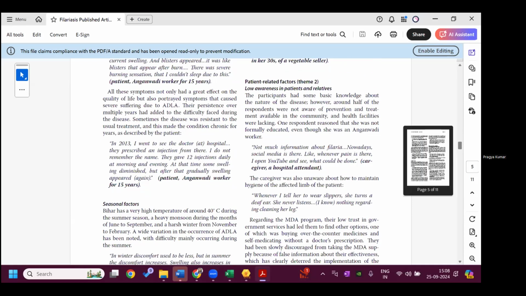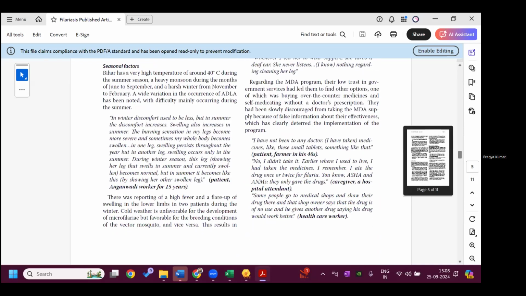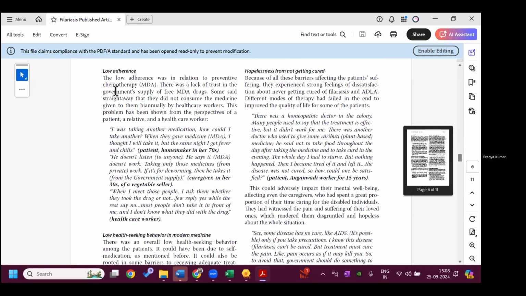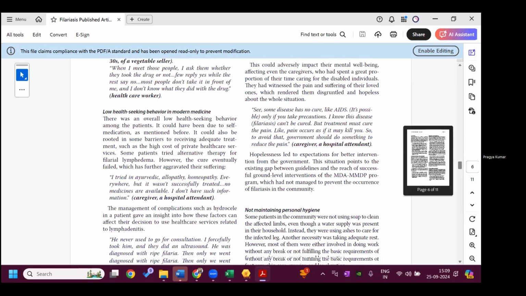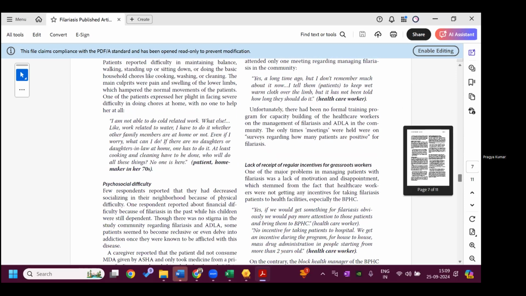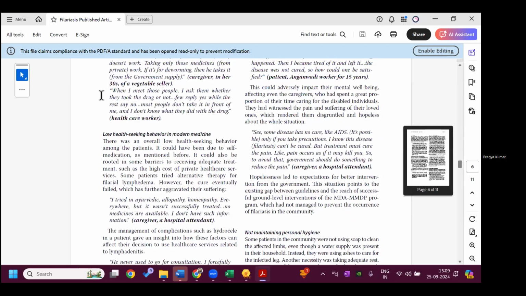Not much information. And I also forgot to tell you regarding the triangulation. Let me complete this first, then I'll tell you about the triangulation. Seasonal factor, see, this was the low adherence. Okay, low adherence, this was not used. Probably this we have used somewhere. I tried, I never go for consultation. I'll see whether I have it.